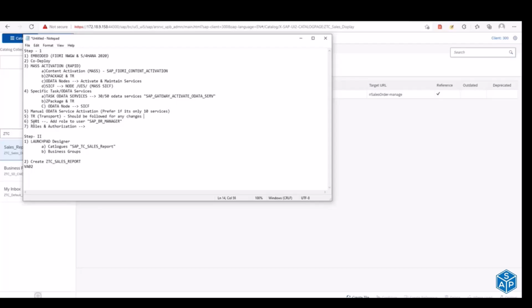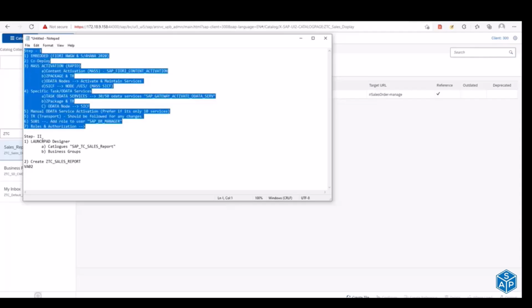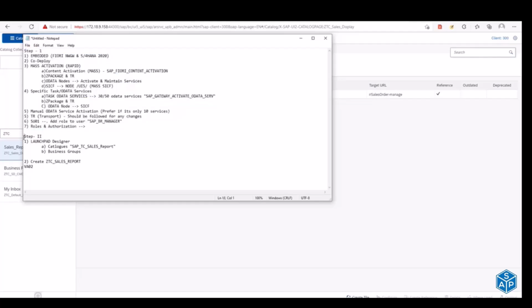And SU01, just adding one role, and I showed how the role authorization is to be captured. So till here, OData services. Step 2 is the launchpad designer. Just now we saw how to create a catalog, how to create a business group, and all the